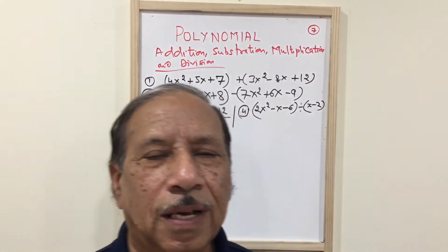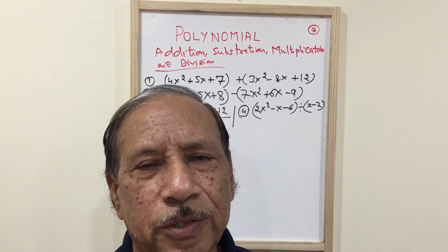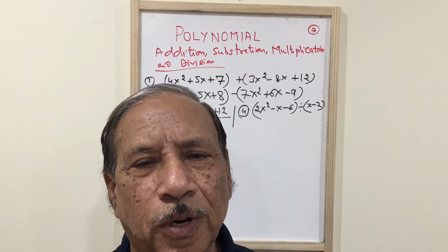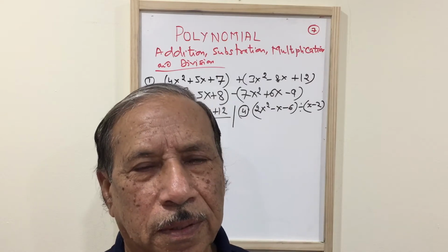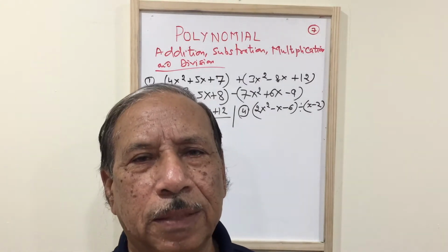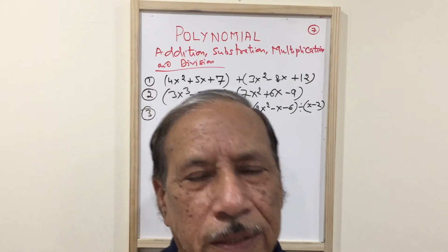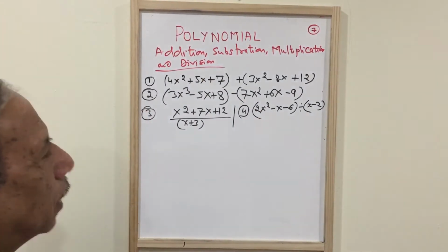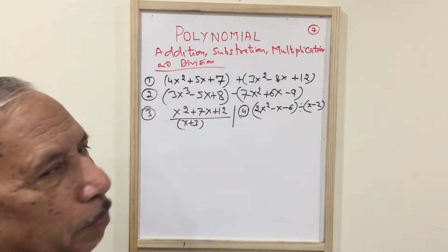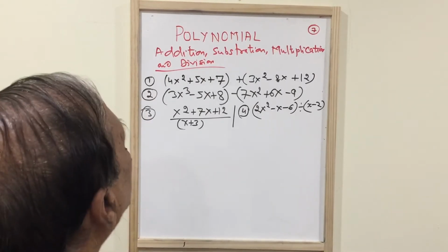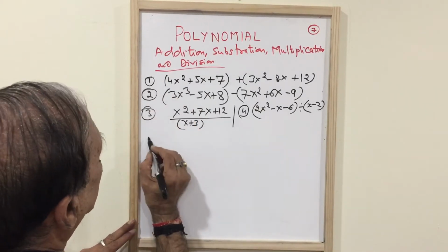Hello guys, today we will solve some of the equations of the polynomials: addition, subtraction, multiplication and division method. So I have taken 4 examples, so I'll take one by one. So first, number 1 is